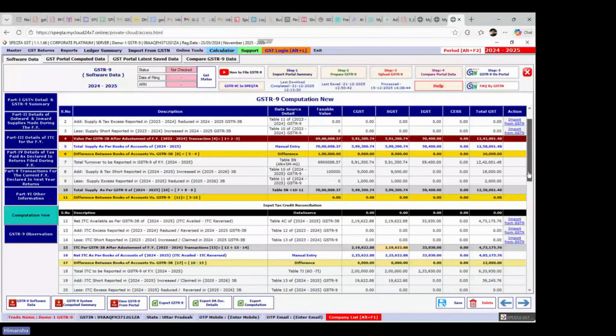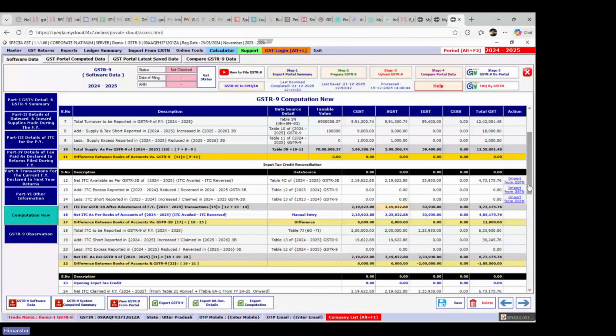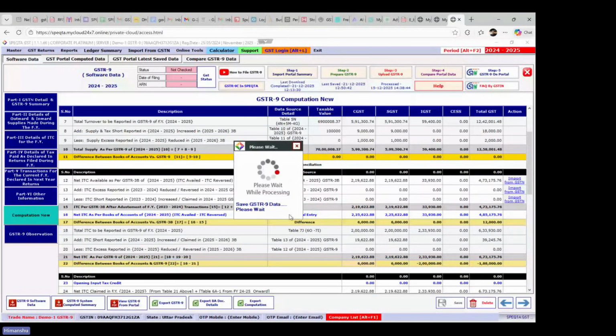ये पहले हमारे पास रिकंसिलिएशन में इतना डिफरेंस था, ठीक है। अब हमारे पास ये आ रहा है कि आपने 9 में जो दिखाया वो उतना ही दिखाया जितना आपने बुक्स में 3B में किया। तो बुक्स में जो एक्स्ट्रा आ रही है उसमें 6,000 इसमें भी एक्स्ट्रा आ रही है। अब पॉसिबिलिटी ये हो सकती है कि जो बुक्स में एक्स्ट्रा आ रही है वो एक्स्ट्रा बुक है, रॉन्गली बुक है, तो वो आपको डिफरेंस आइडेंटिफाई करना पड़ेगा। आप अगर डिफरेंस आइडेंटिफाई कर लेते हैं देन वेल एंड गुड, और उसके हिसाब से आपको अपनी प्रॉपर रिपोर्टिंग करनी होगी।